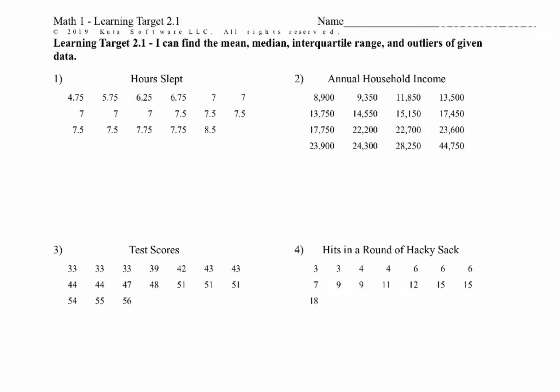Alright, learning target 2.1. This is all about finding the mean, the median, interquartile range, and if there's any outliers. To find the mean, it's pretty simple. That's our average, right? So all we do is we add everything up. I take 4.75 plus 5.75 plus 6.25 and so on. We just keep adding them all together,